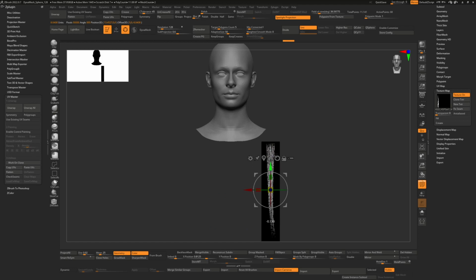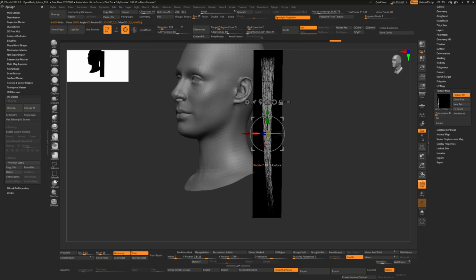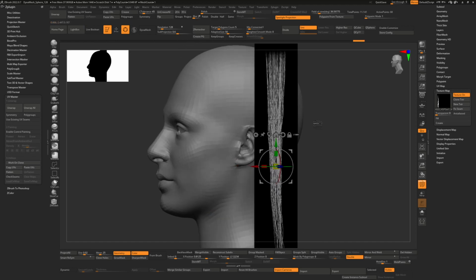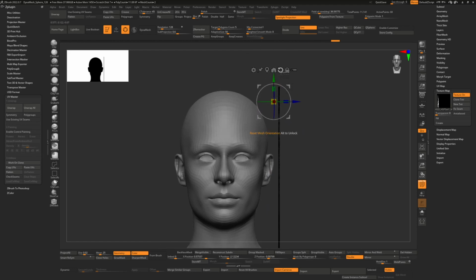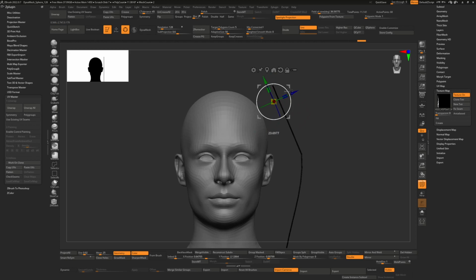Right, so I will just move this around to get it in place, and let's put double on so I see both sides, and I'm going to move this up and move it into place. And what I'd probably start doing is mask an area, flip the mask, move the gizmo up to here, lock the mask, and then rotate. The mask needs blurring as well, and rotate like this or something,